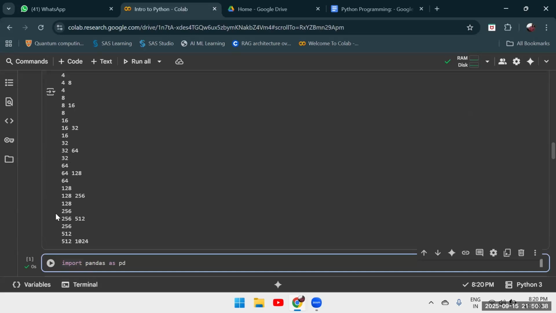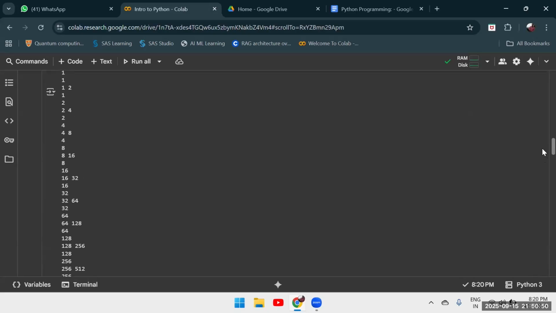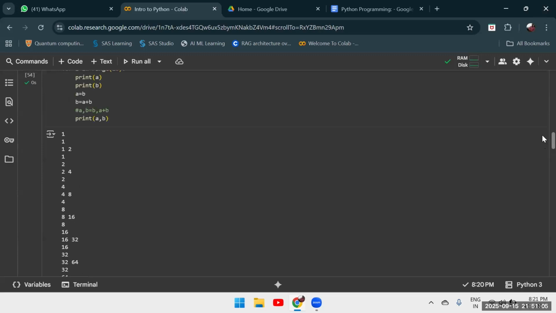128 plus 128, 256. 256 plus 256, 512. 512 and 512 is 1024, right? So basically, this is the Fibonacci numbers, right? So it's like 1, 1, 1, 2, 4, 8, 16, 32. So it's basically displaying the sum of the last two numbers overall, right? But before we understand this part as well,